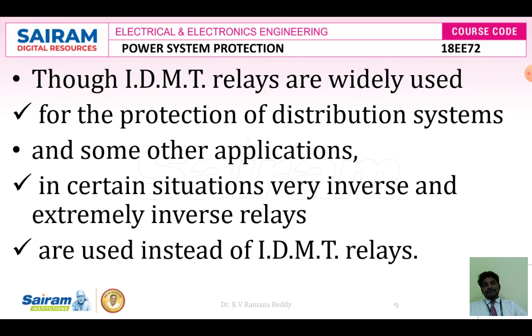If the fault current is less than 10 amperes, we can use the inverse time characteristic. If the fault current is more than 10 amperes, we can use the definite time characteristic. If the fault current is more than 20 amperes, we can use very inverse or extremely inverse relays to block the fault current and provide a safe mode of operation, and also to increase the lifespan of the power system and associated equipment along with the load.